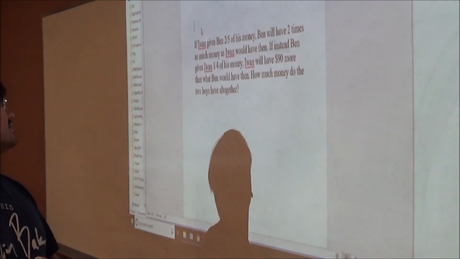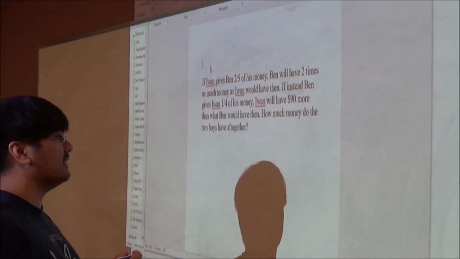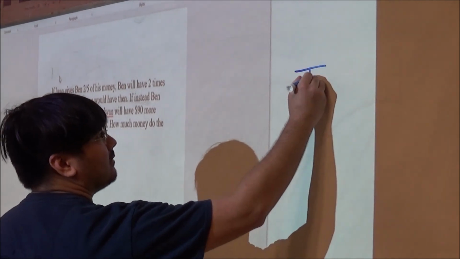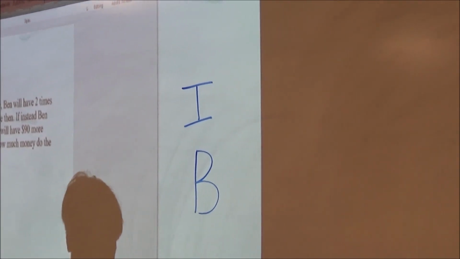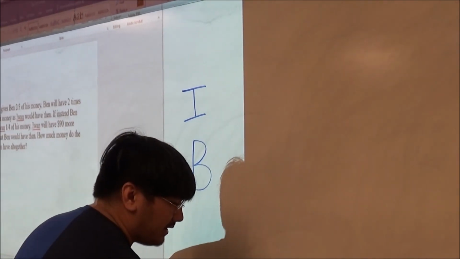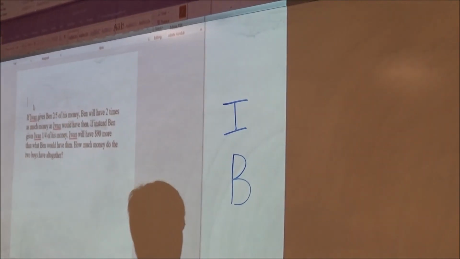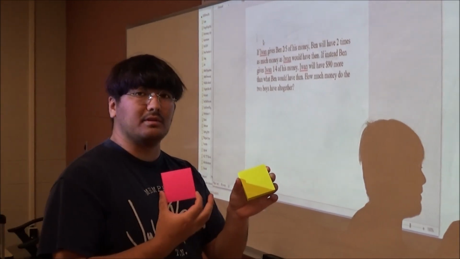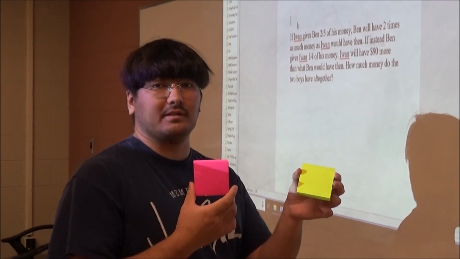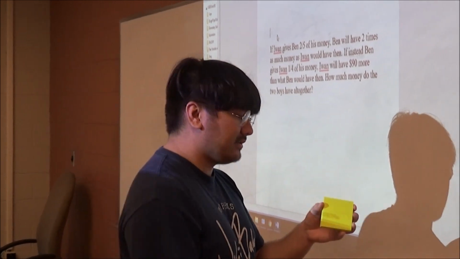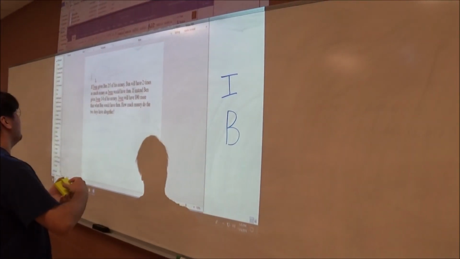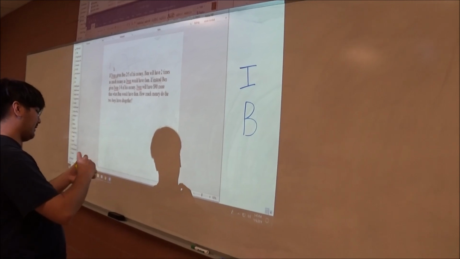And so with the first scenario, it's Ewan gives Ben 2/5 of his money. So E will represent Ewan, and B will represent Ben. And to represent the money, since we don't know the exact amount yet, I'll be using sticky notes. And to clarify, I'm just using different colors to separate the two people, but they represent the same value. So I'll be using yellow for Ewan, and he will have